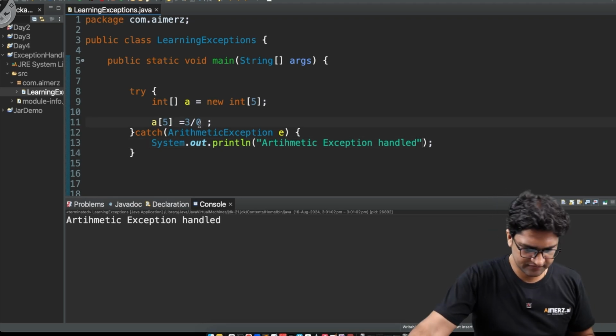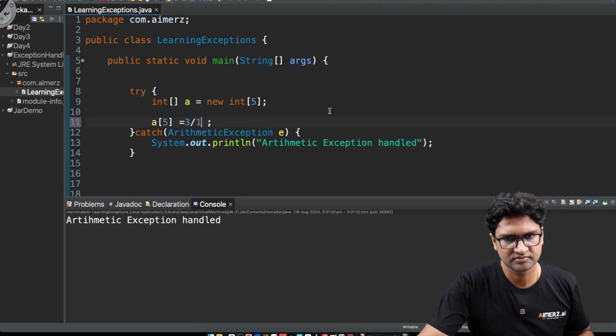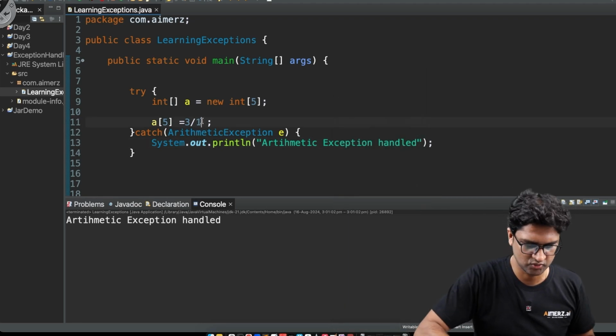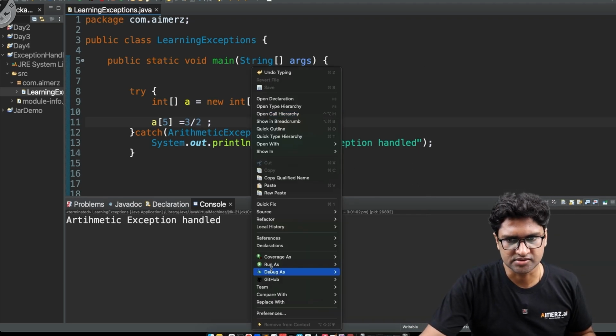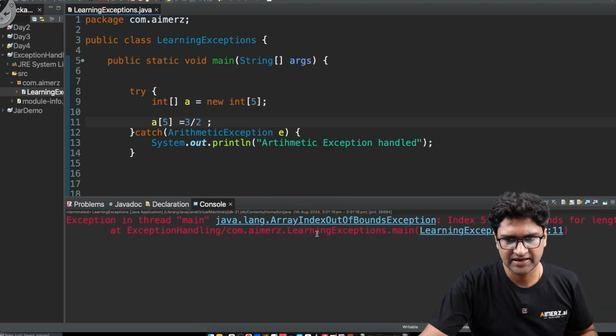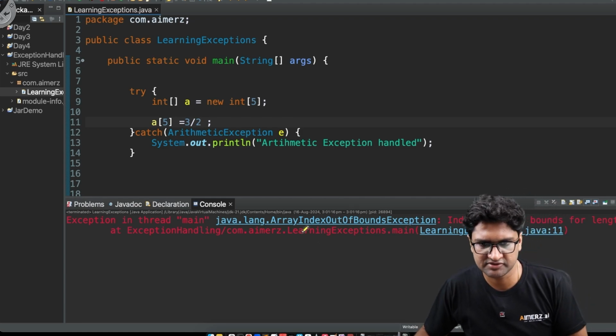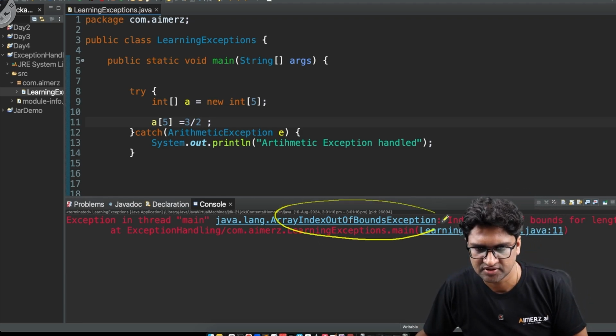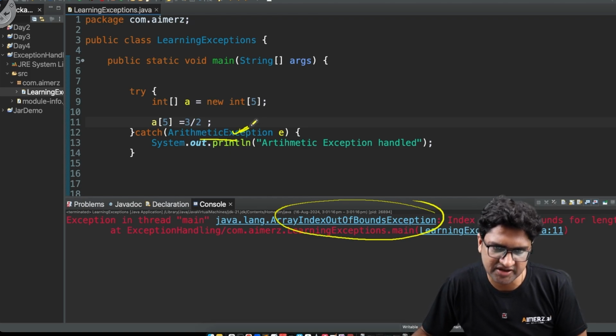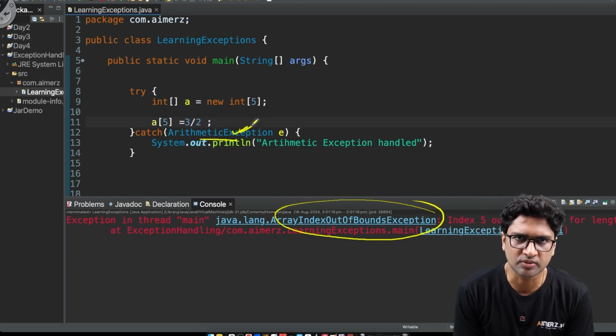Fair enough. If the arithmetic exception is not happening, right, I write it like 3 divided by 2 and run this. I still say that it failed. It's saying that now there's another kind of exception, which is the ArrayIndexOutOfBoundsException. So if you don't catch the right type of the exception which has been thrown, it will give you the